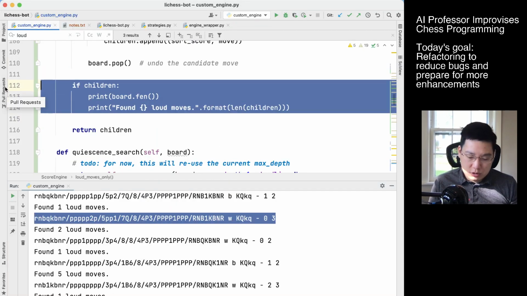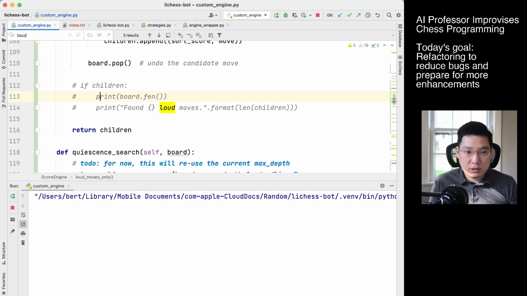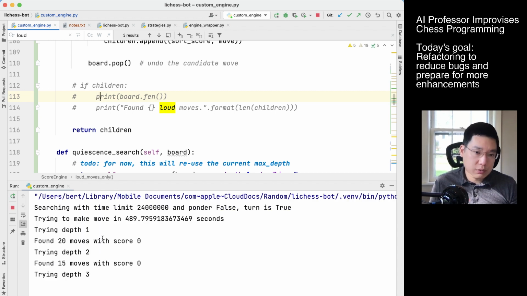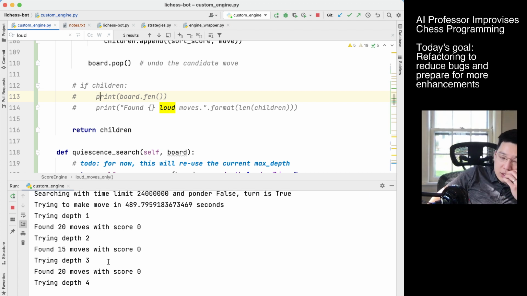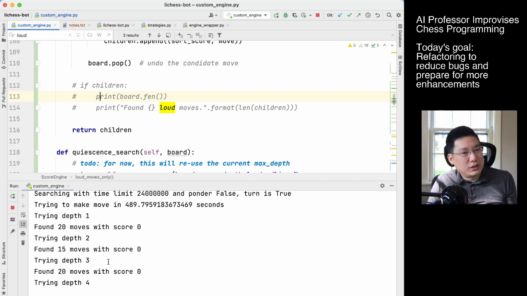So why don't we turn off this printing and see if it ever finishes. So yeah, it's going through depth 1, 2, and 3 pretty fast, which is what we want. So that fixed that bug before. Now, is it still a 30-second? I mean, we were talking 30 seconds to get to finish depth 4 before. Oh, you know what? That was for a different position. This is for now a position with basically no loud moves, or starting from the beginning rather. So it might take a while,